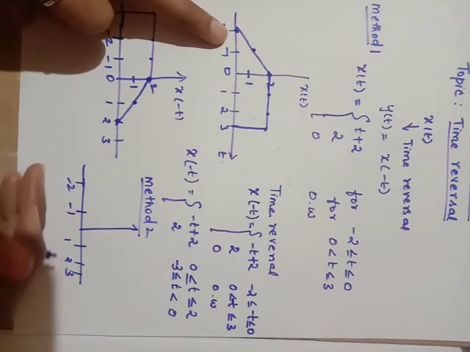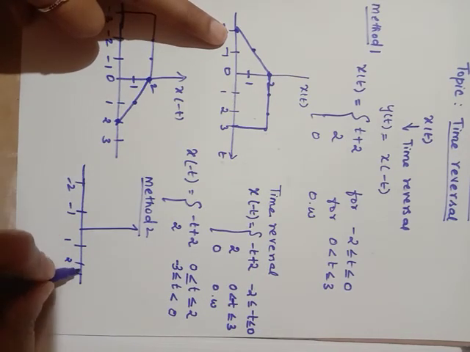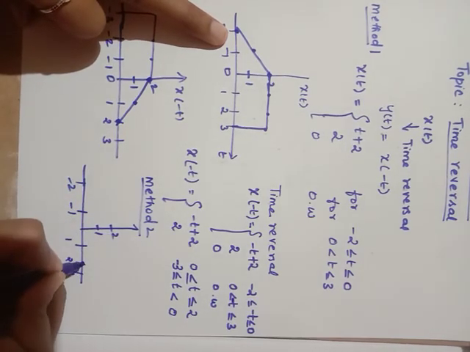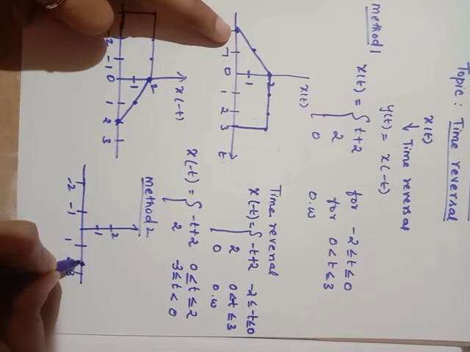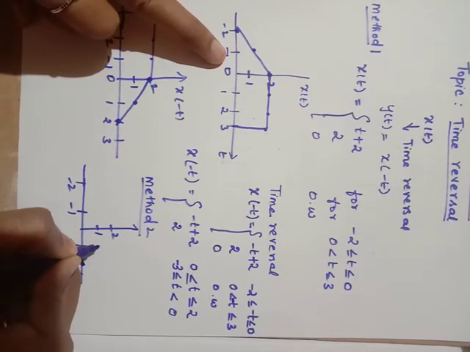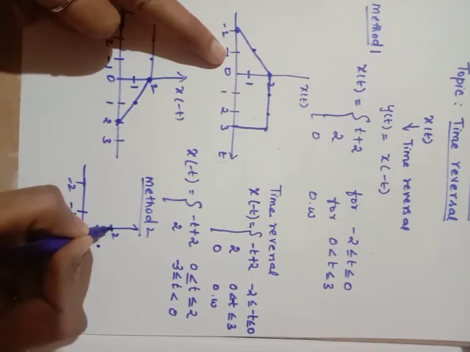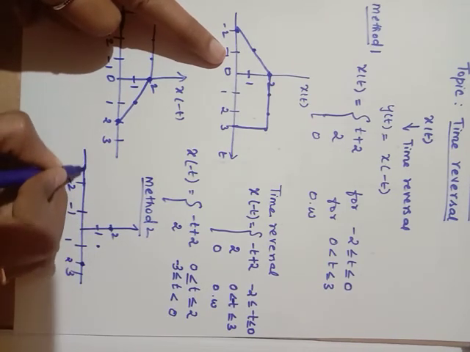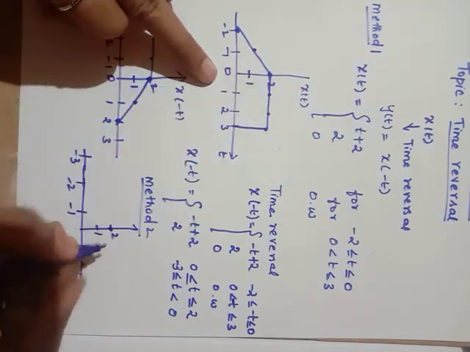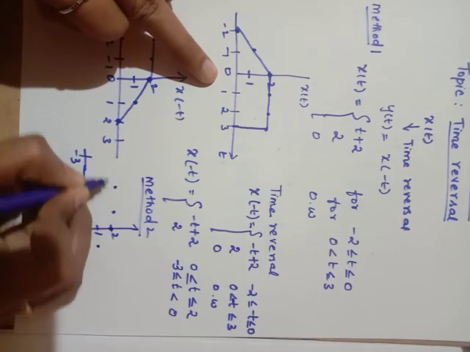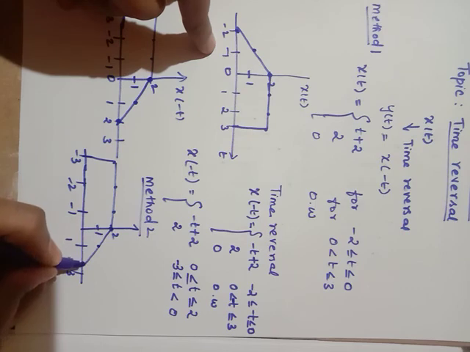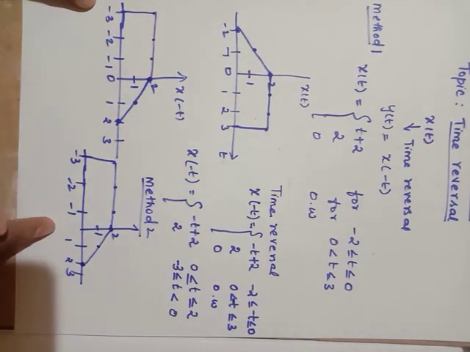Okay, so now this is the original sequence. So here minus 2, here the value is 1, 2. At minus 2 it is going to 0. At 1 it is going to plus 1. At 0 it is going to be 2. Similarly, in negative side, here you are having 3 values. So for 1, 2, 3 the value is 2. So it is 1, 2, 3. So here you will get the graphical representation like this, which is similar to method 1.